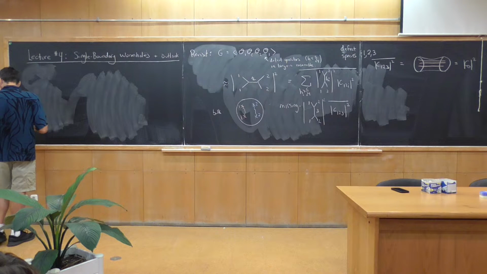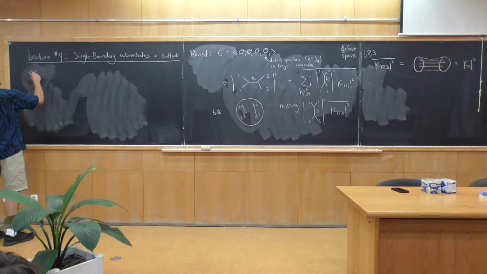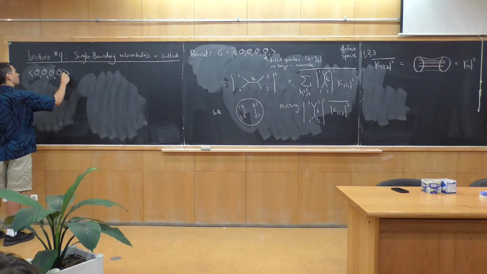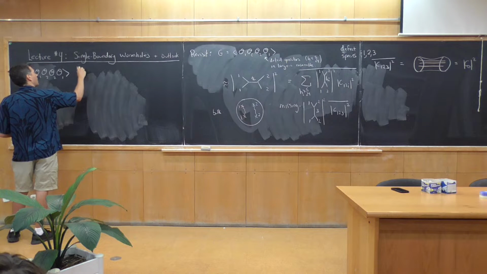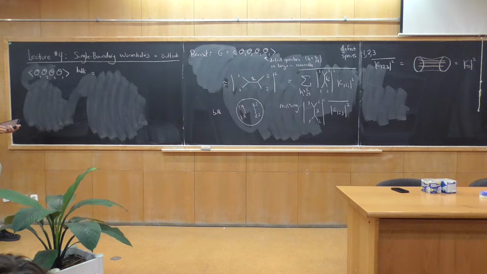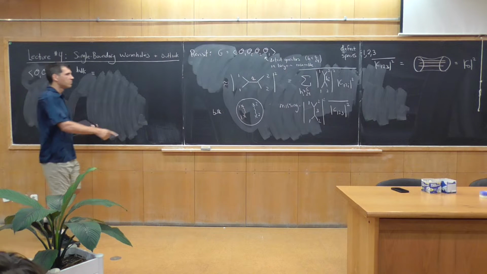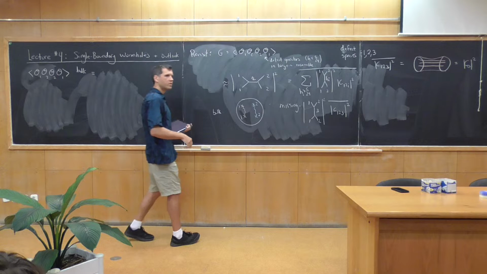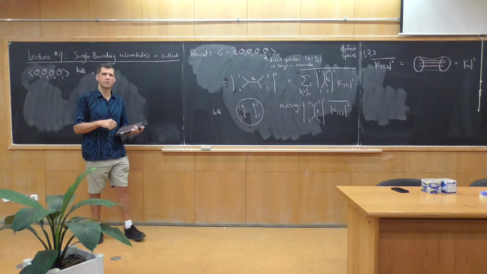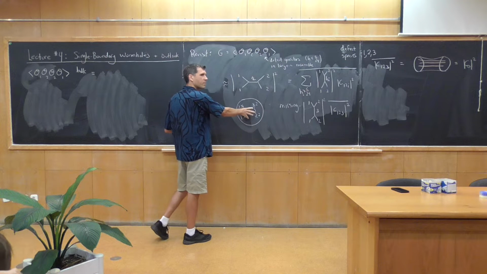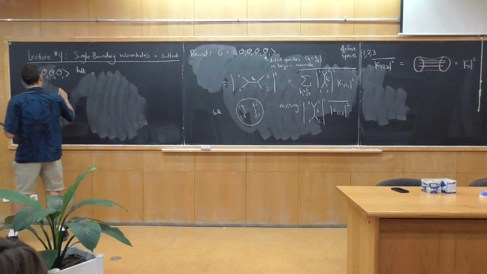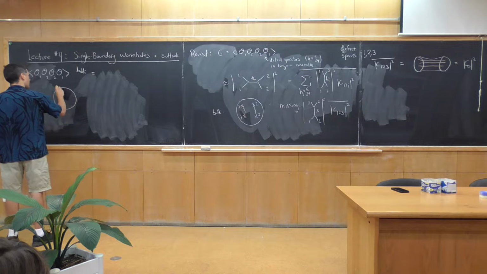So if we go back to the bulk, let me write this again, O1, O2, O2, O1, as calculated in the bulk by the gravitational path integral. The first term is this one. I'm going to change the way I do the pictures a little bit because it gets very confusing to draw these wormholes in 3 dimensions. This is a 3-dimensional picture. These get hard to draw. I'm going to draw them as 2-dimensional pictures instead, like Witten diagrams.